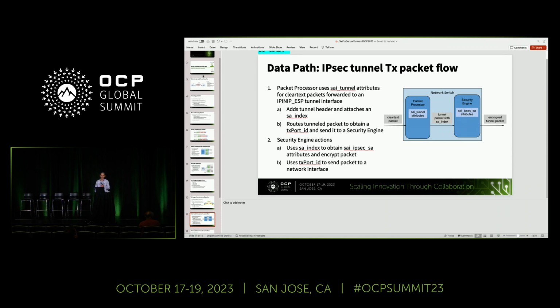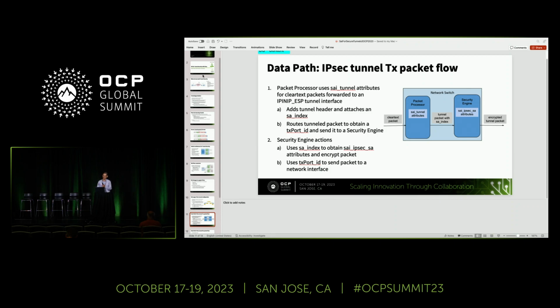So now we can go over the data flow for a packet as it traverses the switch once configured in this fashion, right? When a clear text packet is forwarded to a tunnel interface, the SAI programming of the switch allows it to impose the tunnel header and find the associated security index from the tunnel attributes, the SA index. Now the packet is routed with the tunnel header to a transmit port ID, which identifies where it will